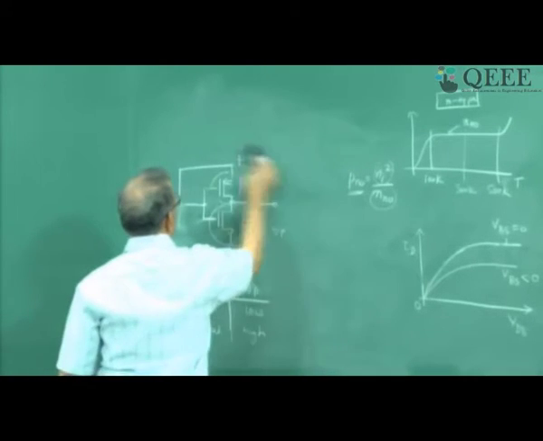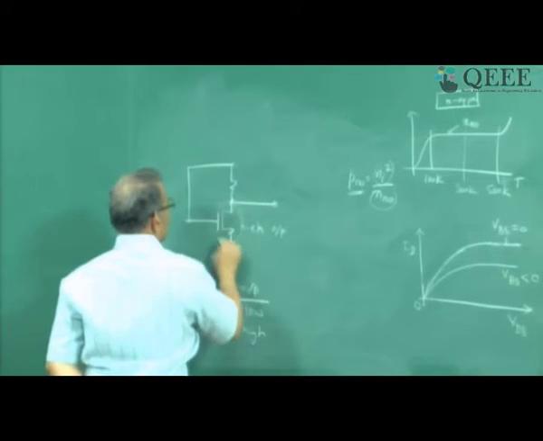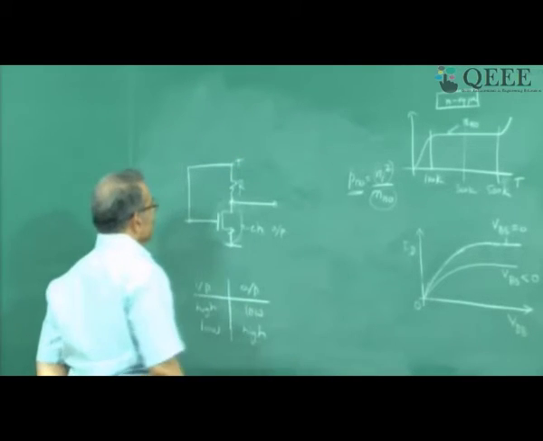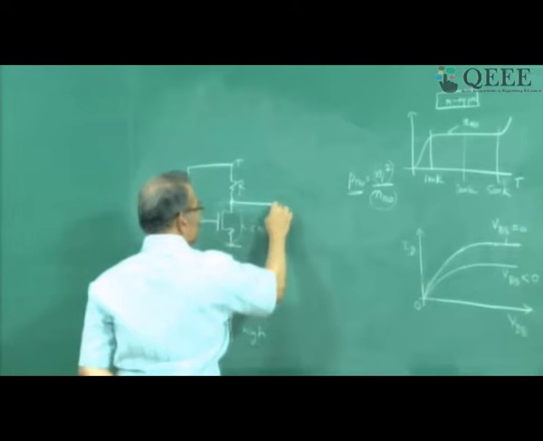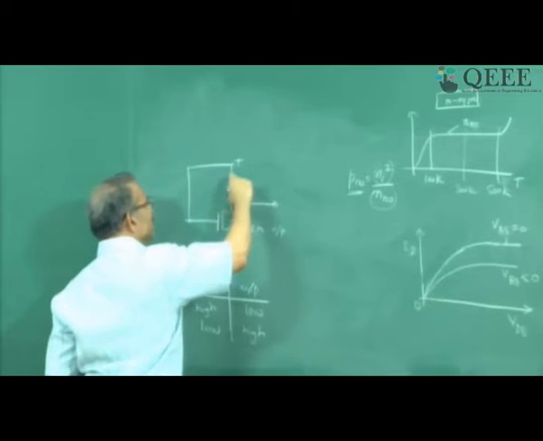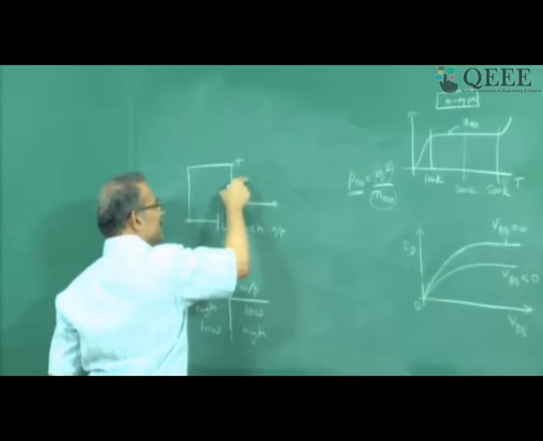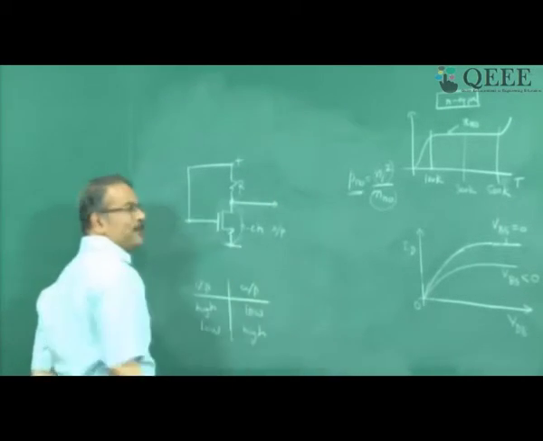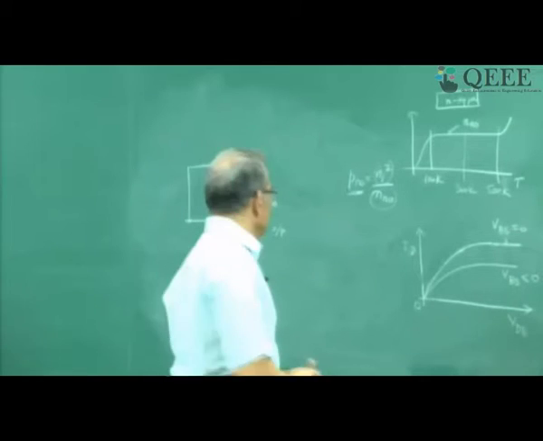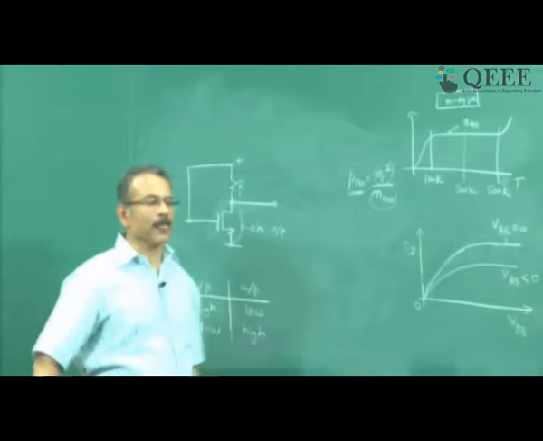As against this, if you put a resistor here, the problem is when this is high, this is on, but the resistor is also on, right? Resistor is on. It allows a current. Therefore, the output voltage will depend on the ratio of this resistance to this resistance. Unless this resistance is really small compared to this, your output will not come to a very low value, 0. Whereas if you replace it by a P channel MOSFET, output will come to 0 because the P channel MOSFET is off. It has an infinite resistance. That's the advantage of complementary MOS. It allows you to achieve the output between maximum positive voltage and 0 volts. Is that clear?